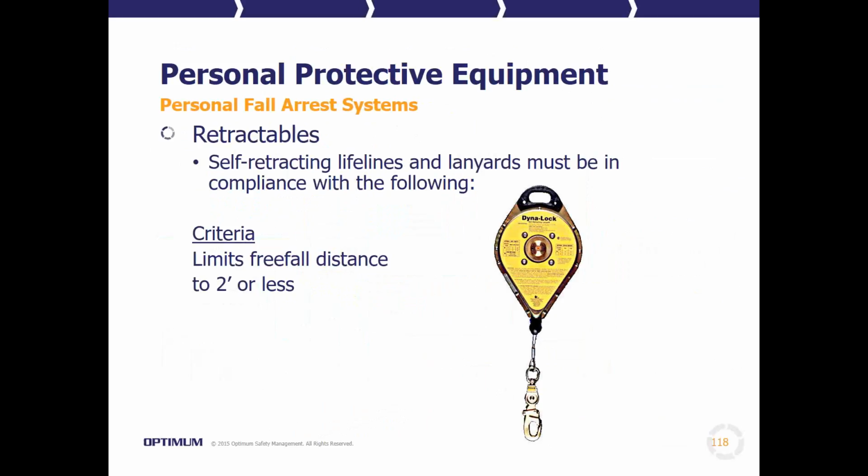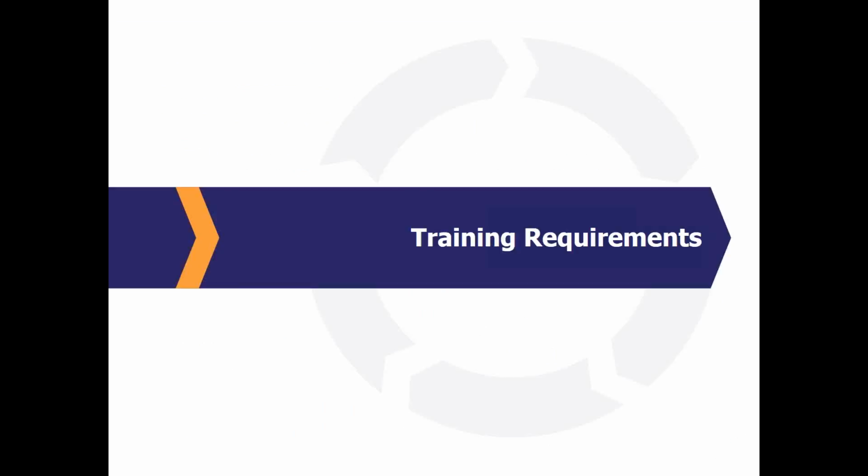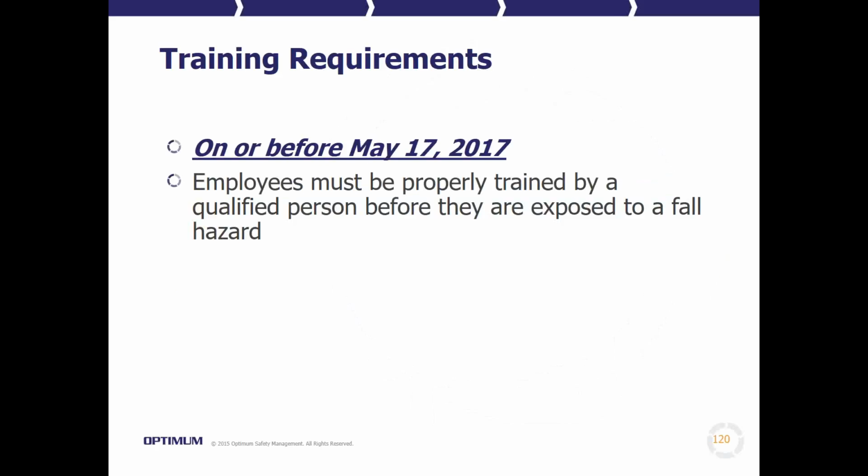You'll hear these referred to as SRLs. These limit the free fall distance to 2 feet or less and can actually assist significantly in reducing that fall distance. They also provide an added level of comfort and assist the employee in not being tangled up within their own devices. I want to cover training requirements briefly for you,